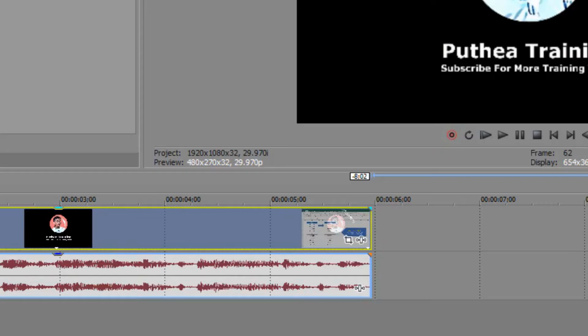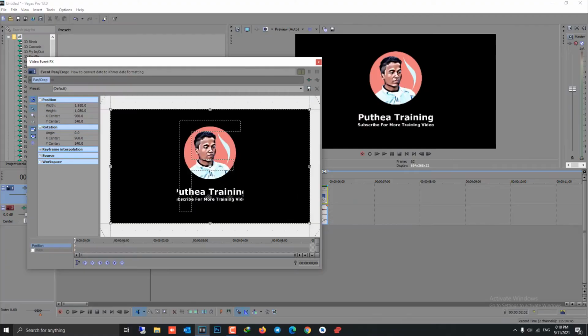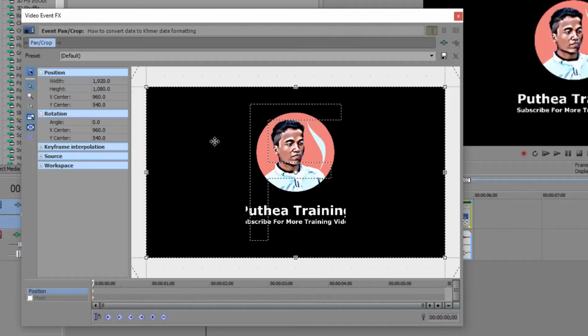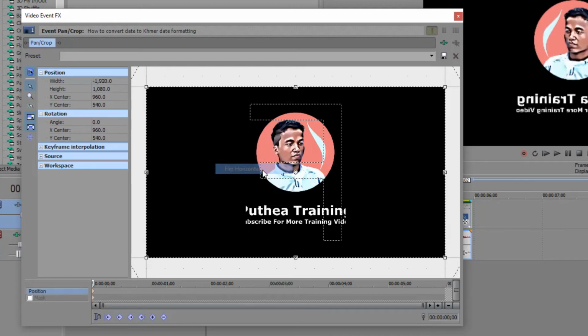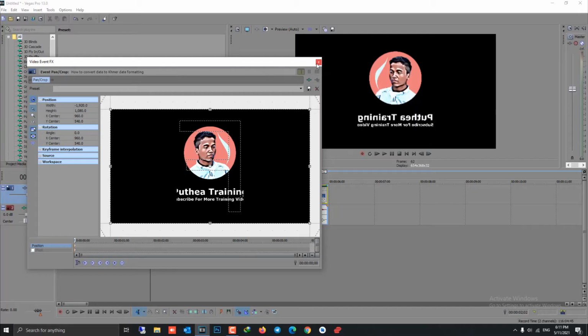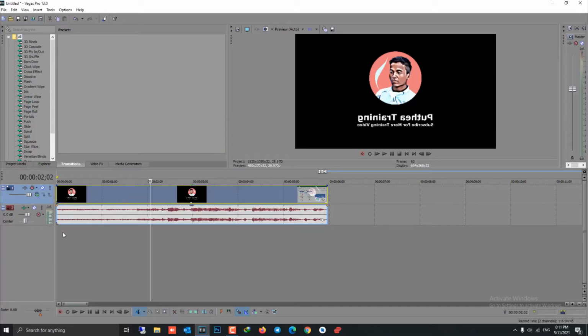Okay, now you can click on Event Pan/Crop here and right click on the video screen, and choose Flip Horizontal. Yeah, the video changes left to right and right to left. Okay, just play for testing. Yeah,